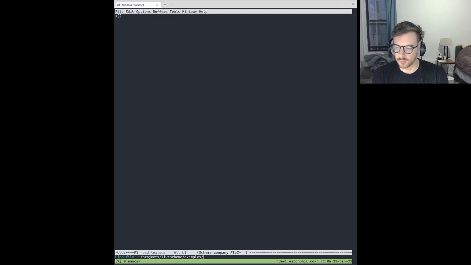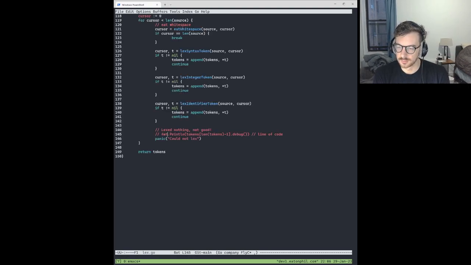That's an interesting question. So this panics if we either didn't see a syntax token, or we didn't see an integer token, or we didn't see an identifier token. I'm not actually sure that this can actually ever happen. All right, so let's skip